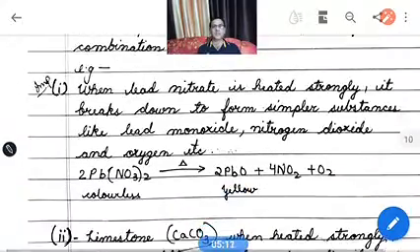Now see the example, that is a very important example, lead nitrate, that is given in your NCERT and in the reference also. Lead nitrate, when it is heated, forms lead oxide, yellow color lead oxide, and nitrogen dioxide plus oxygen. In this you are seeing that lead nitrate breaks into PbO plus NO2 plus O2. It means one compound breaks into three compounds. That is why this is an example of decomposition reaction.